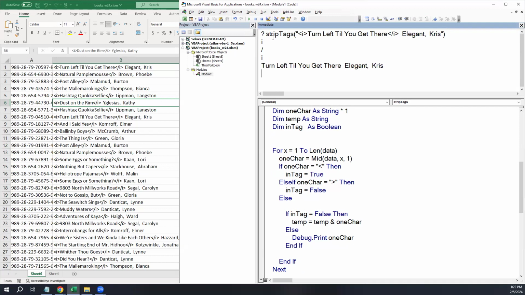There we go. So as we're accumulating, as we're working down through this, the very first one that we have is this open tag. And so I'm coming down here, kind of looping through these. Okay. So the very first time when x is equal to 1, one char is going to be that opening tag. And here it is. If one char is equal to open tag, is that true? That's true. The first time through, that's true. And so we set in tag,